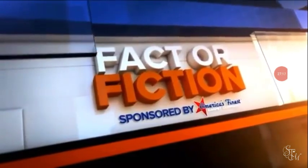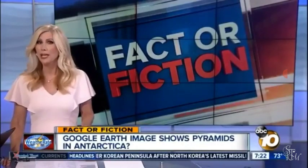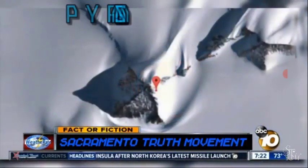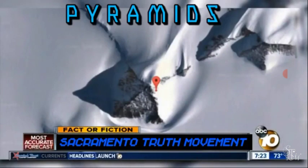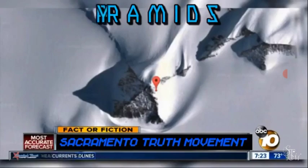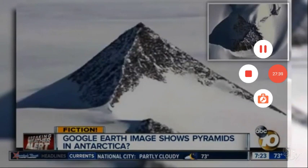Tonight's Fact or Fiction is brought to you by America's Finest Carpet. In tonight's Fact or Fiction, we're looking into an image from Google Earth. It's getting some buzz. It shows an area of Antarctica that some people claim clearly has pyramids covered in snow. Several websites say the pyramids were likely made by an intelligent human civilization long ago. It's pure fiction. The so-called pyramids in the Google Earth image are just mountains. Their pyramid-like shape is...